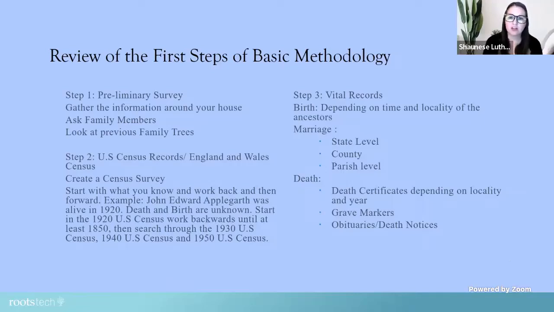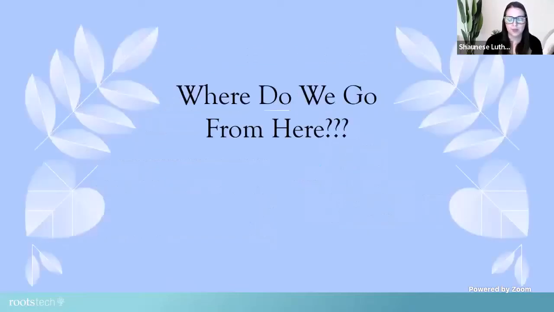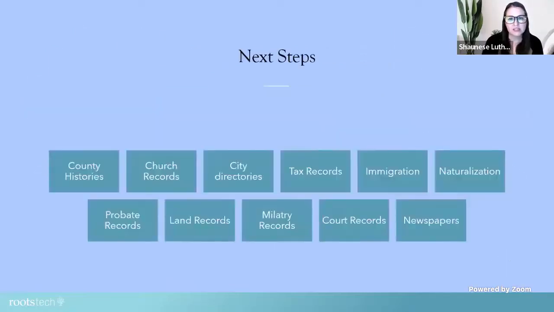And then vital records, you have birth, marriage, and death. So after we've done the first steps of basic methodology, where do we go from here? Now, there are several different records you can search. These aren't necessarily steps you have to go in order to search these records. For this presentation, I have it as steps just to help the flow, but these records might not apply to